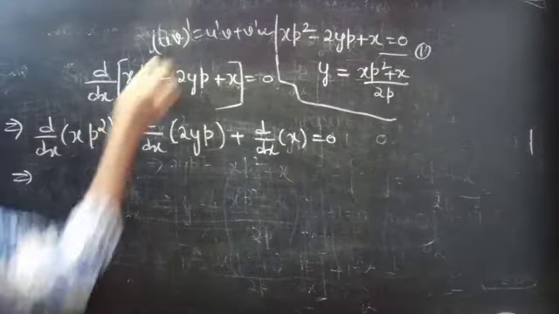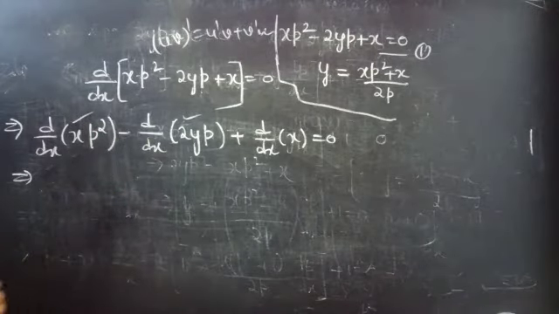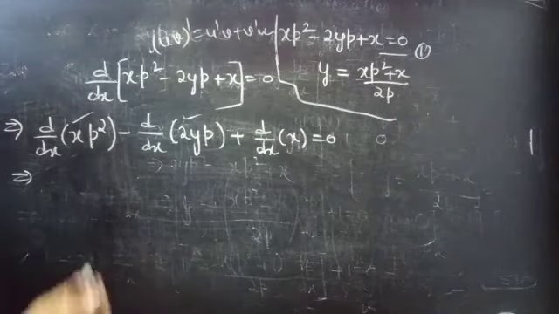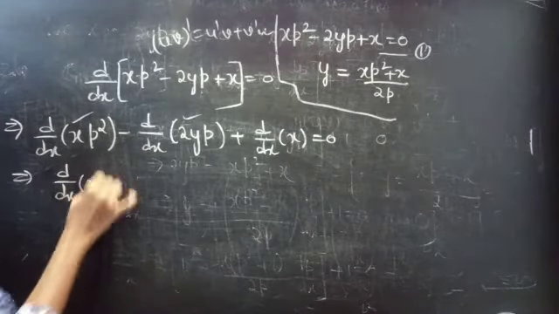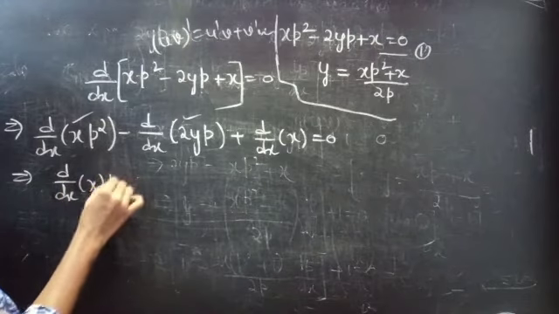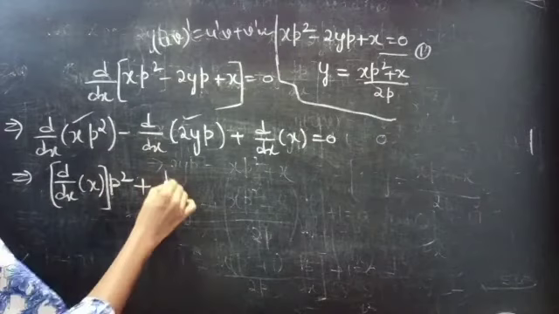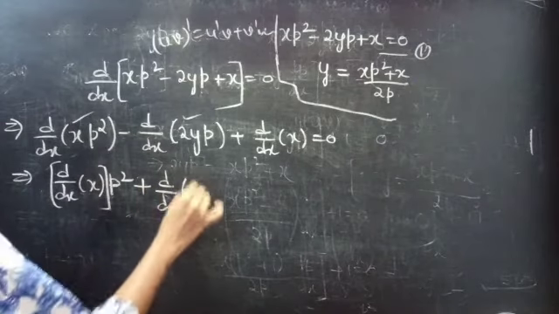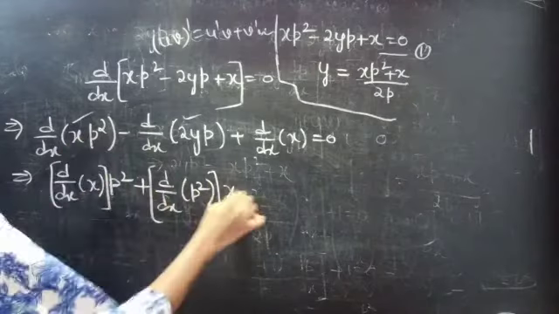So using this formula, we can find the derivative of the first two terms. That is d by dx of x into p square plus d by dx of p square into x